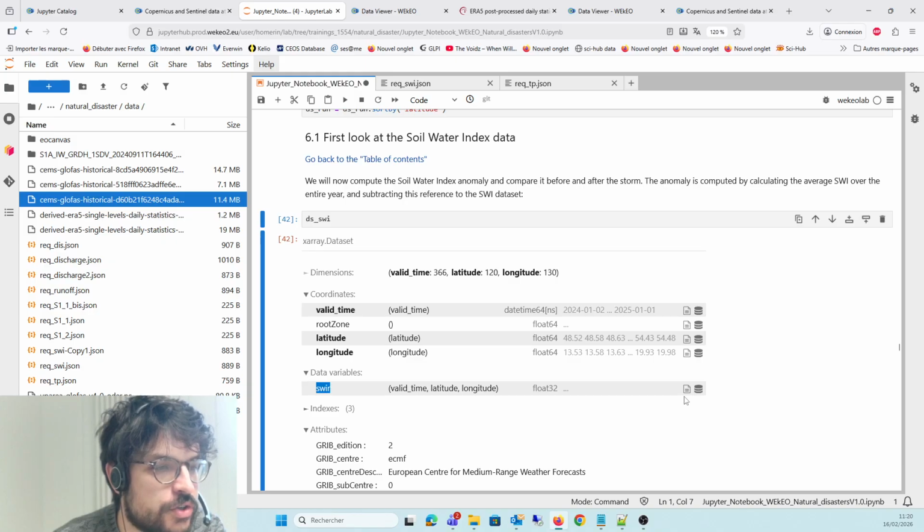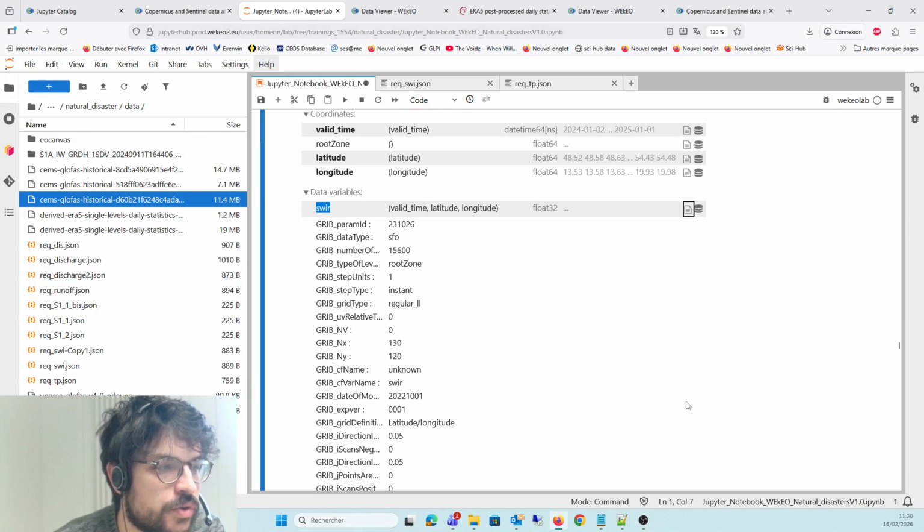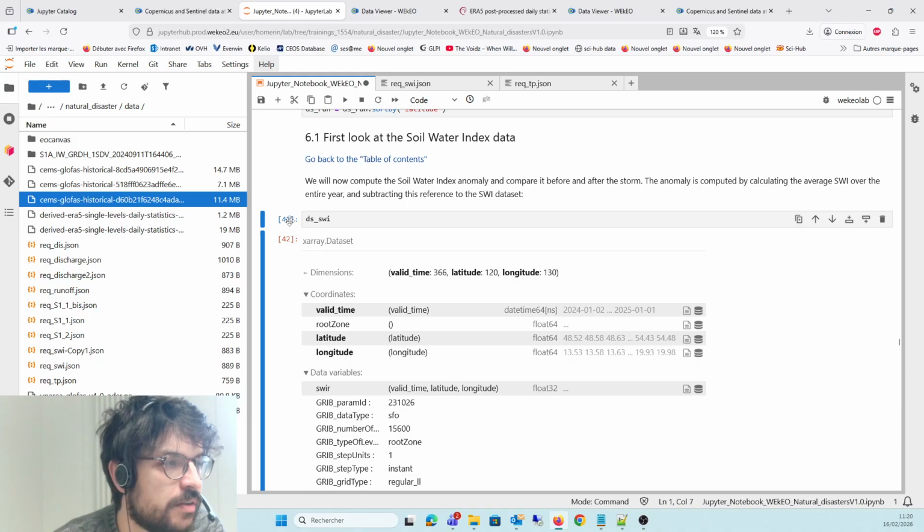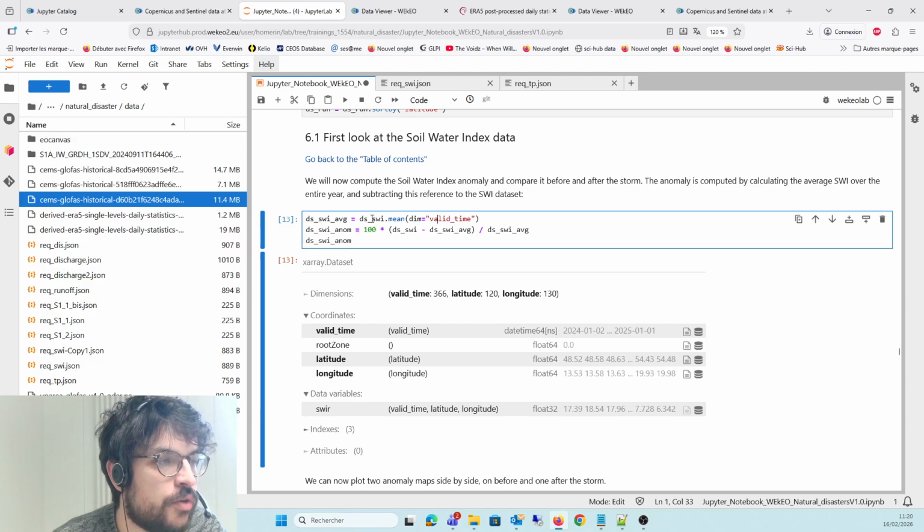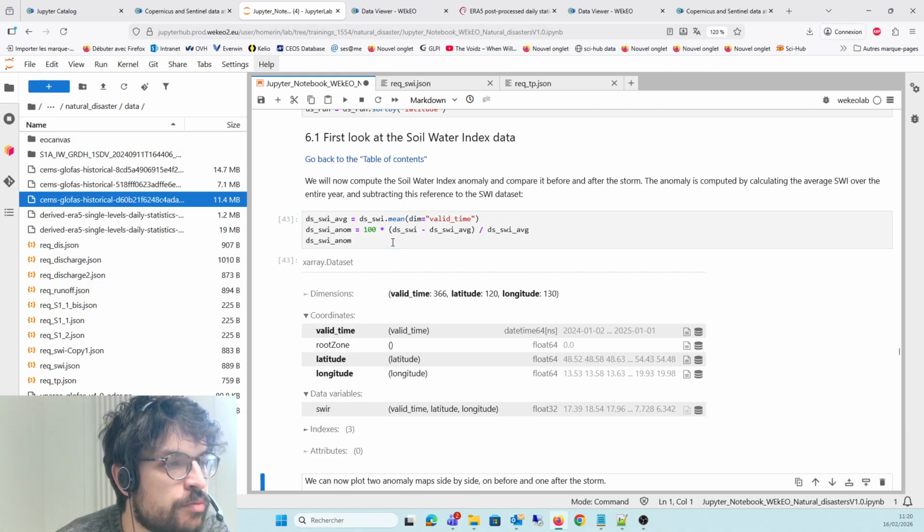And we have our soil water index indicator that you can also examine in more detail. If we compute the average over the entire dataset, we have the average over the entire year of 2024, which we can subtract from the dataset to have an anomaly in percent. And this is what we have here now.